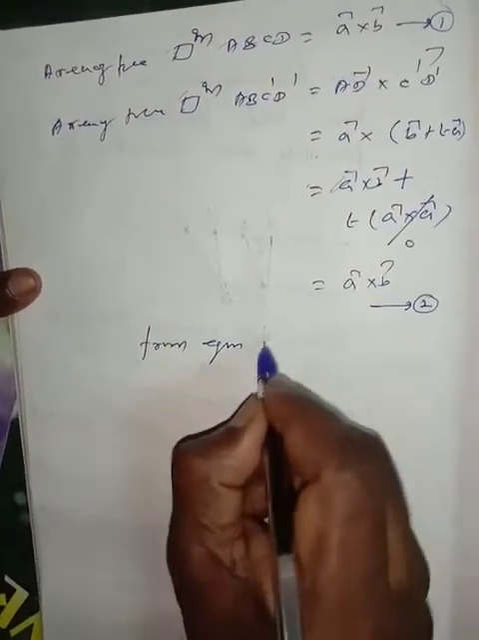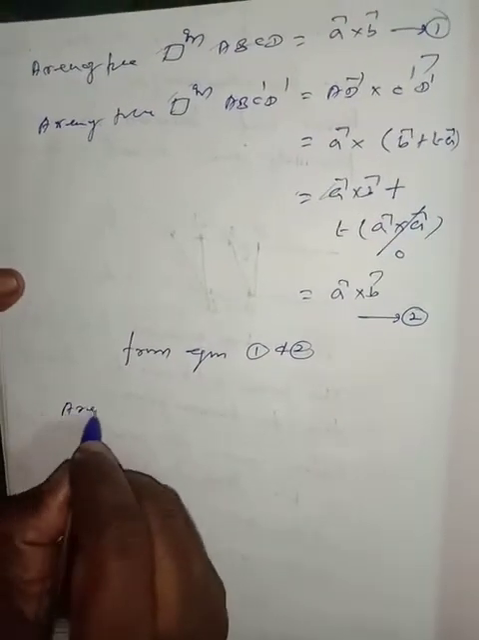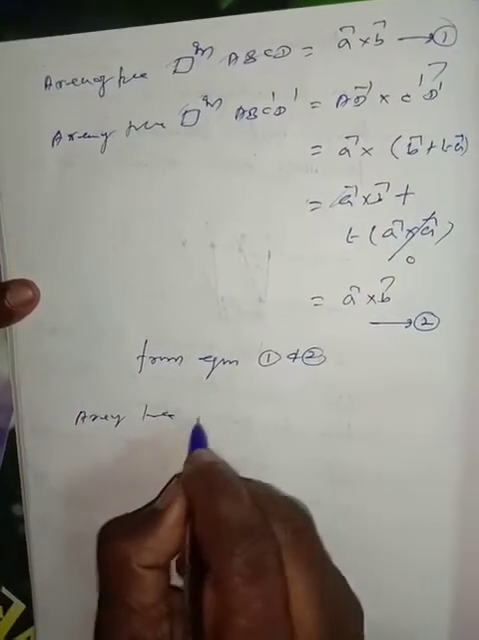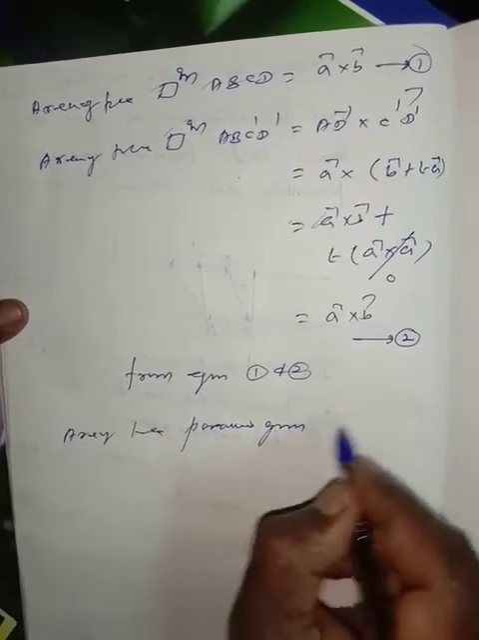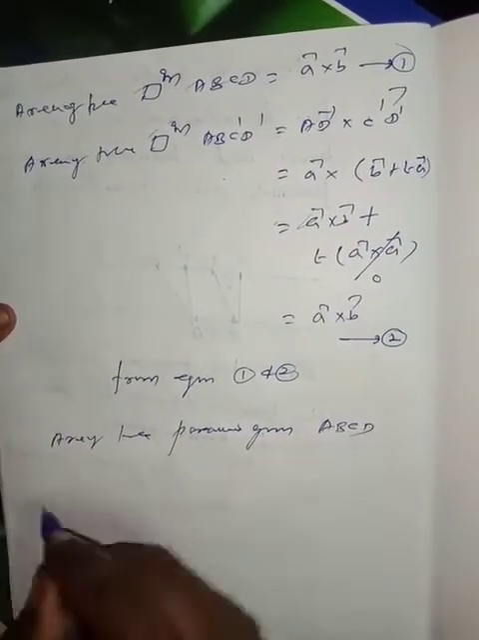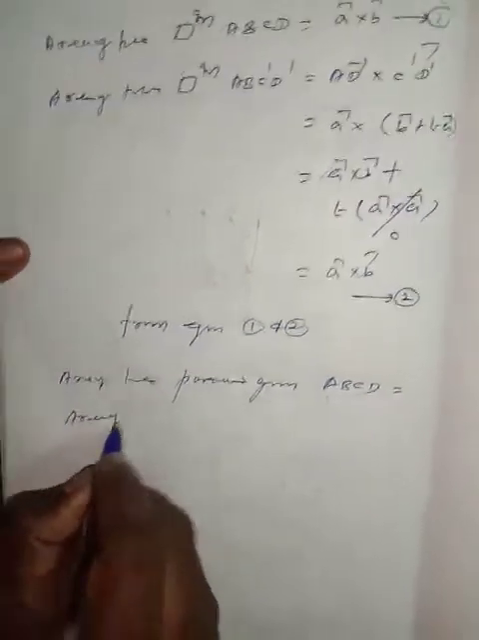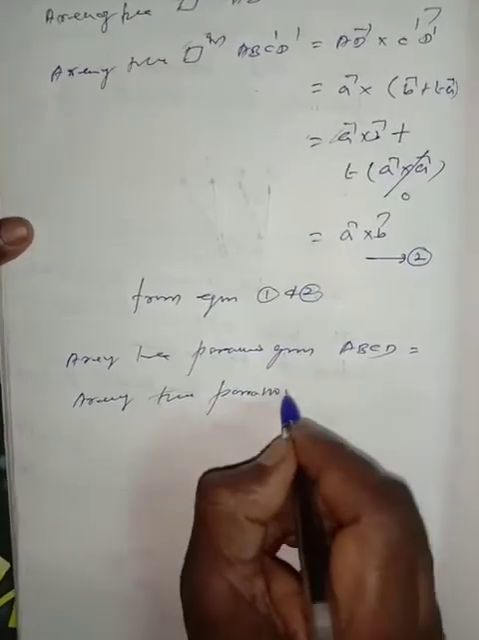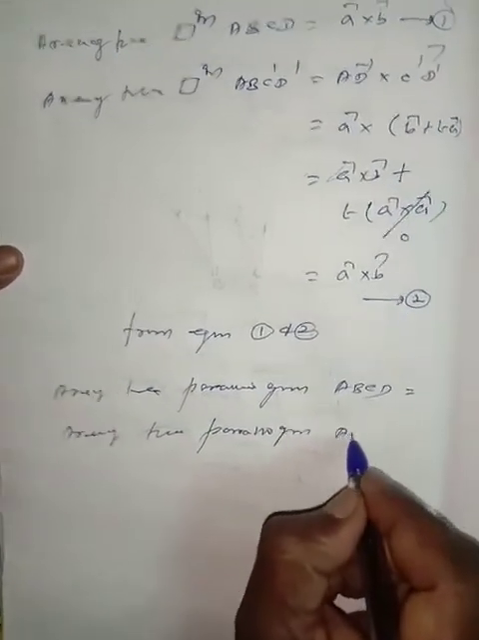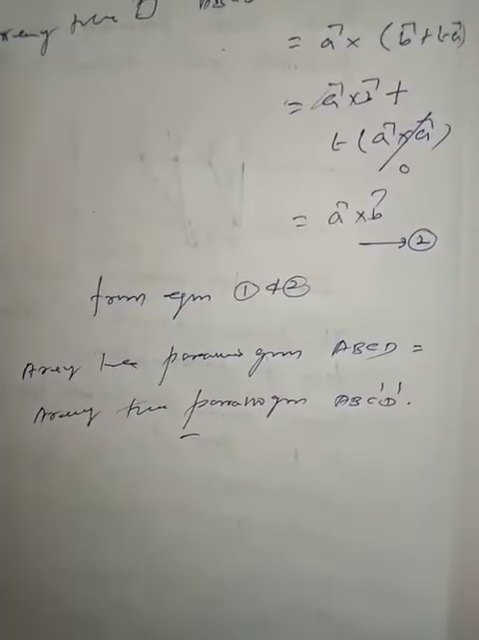From equation number 1 and 2, area of the parallelogram ABCD is equal to area of the parallelogram ABC'D'. Next,